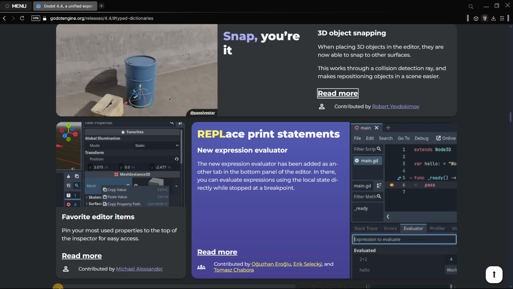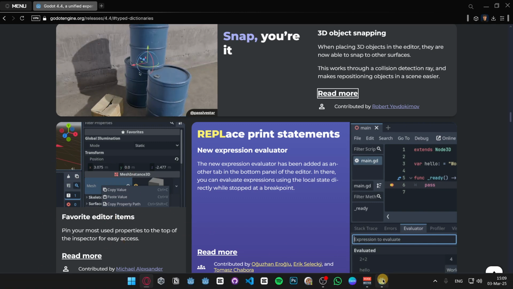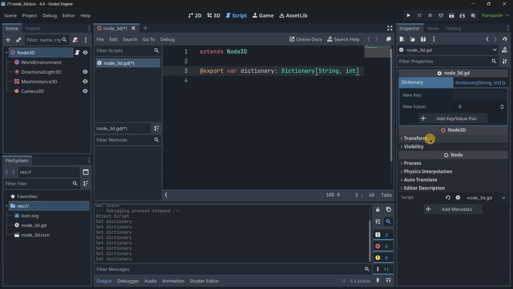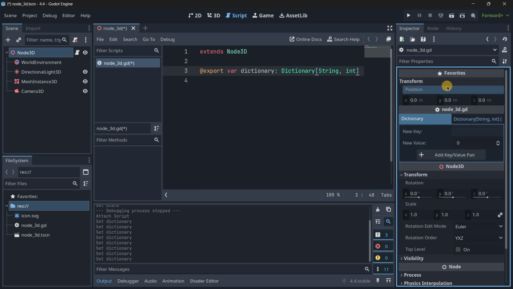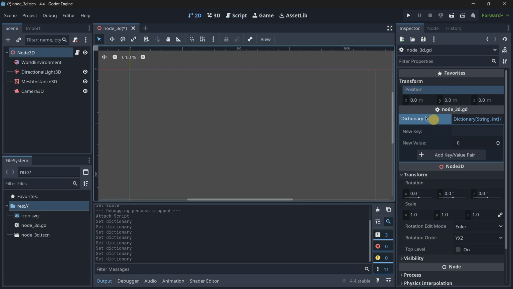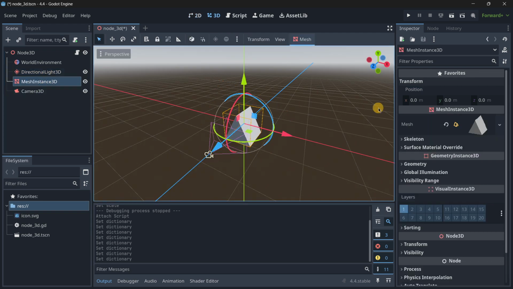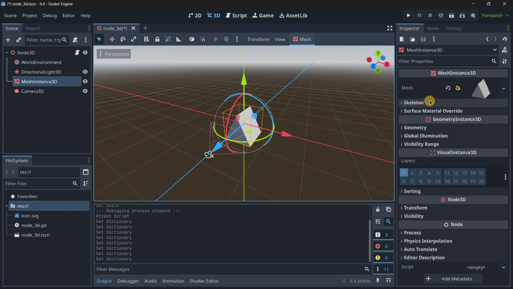We also now have favorite editor items, so let's actually see this inside of Godot because this is quite interesting. If you, for example, don't like having the position kind of hidden, okay, and you want to show it a little bit easier, find it a little bit easier, you can right click, press favorite property, and there you're going to find it at the very top of every single thing, and you also right click on it again and just unfavorite it so that it will come back